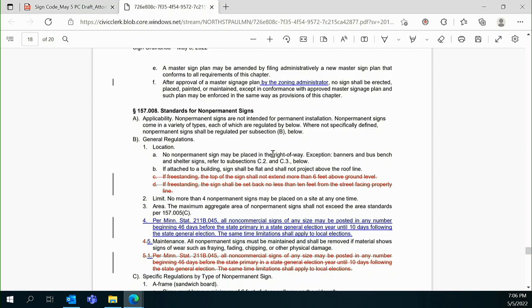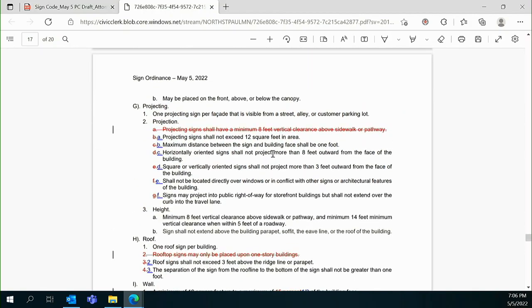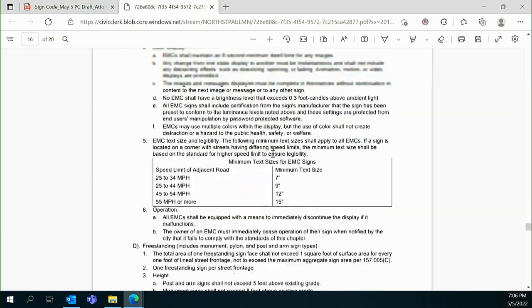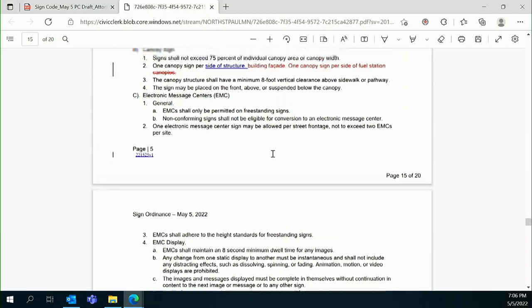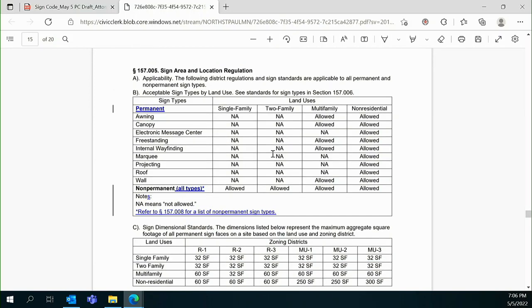Let me see if I understand now. So you're saying that you can have the same amount of permanent and non-permanent signs? Correct. Okay, that was a long walk, sorry about that. I think I finally caught up, though. And I'm okay with that. I just don't think that this chart necessarily makes it as clear as it could. Well, I would agree now that we've had this discussion. Okay, so I understand actually what you mean.